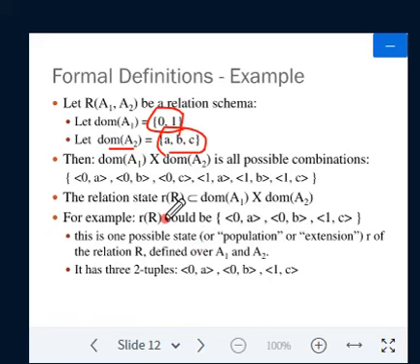If we combine the domains of A1 and A2, we get the combinations 0A, 0B, 0C, 1A, 1B, 1C. Here r(R) could be (0, A), (0, B), (1, C). That means this is the current state of the relation.